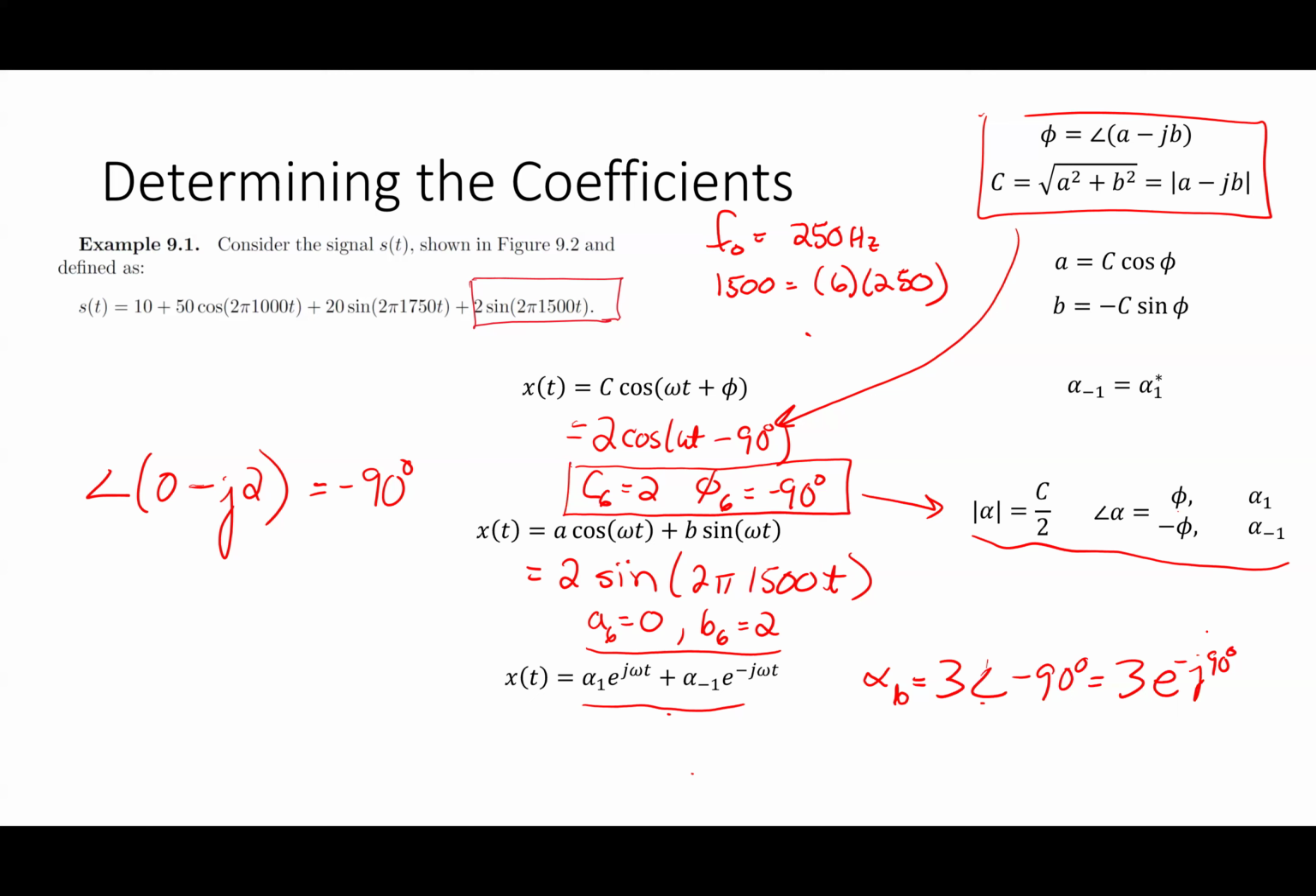All right. What's alpha minus 6? Yep, the conjugate of that. A6 conjugate, or 3 angle 90 degrees. So I could do this operation in each individual frequency, but what I do is I code it. All right. So